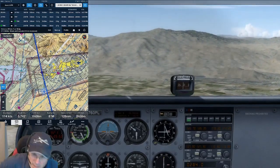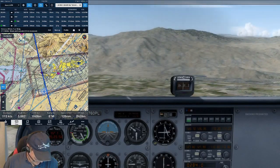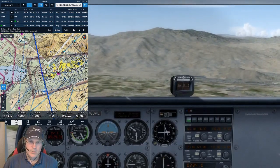So if you look on the CDI needle, you can see him a little bit to the left. If you look on ForeFlight, I'm a little to the left also. Oh, see if it gets better when I get